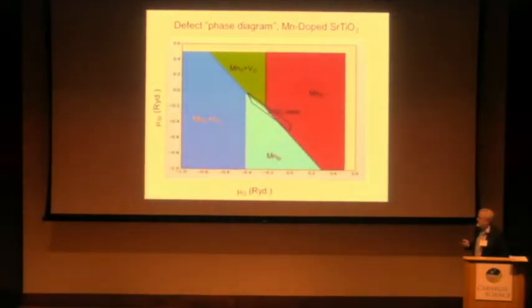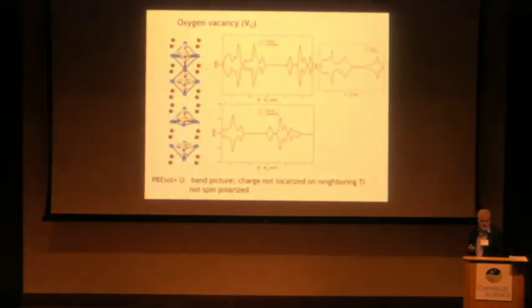Moving on, we've calculated what I'll call a diffusion phase diagram. It's not a phase diagram. It's the single most stable defect, at least among oxygen vacancies, manganese substitutions, or combinations, as a function of the oxygen and the strontium chemical potential. In here, this polygon is the region where strontium titanate is stable. These kinds of substitutional defects and a defect complex with an oxygen vacancy and a manganese substitution for titanium are expected to be the most important. So I'll begin with the oxygen vacancy study, going through the defects from the most simple to the most complicated.